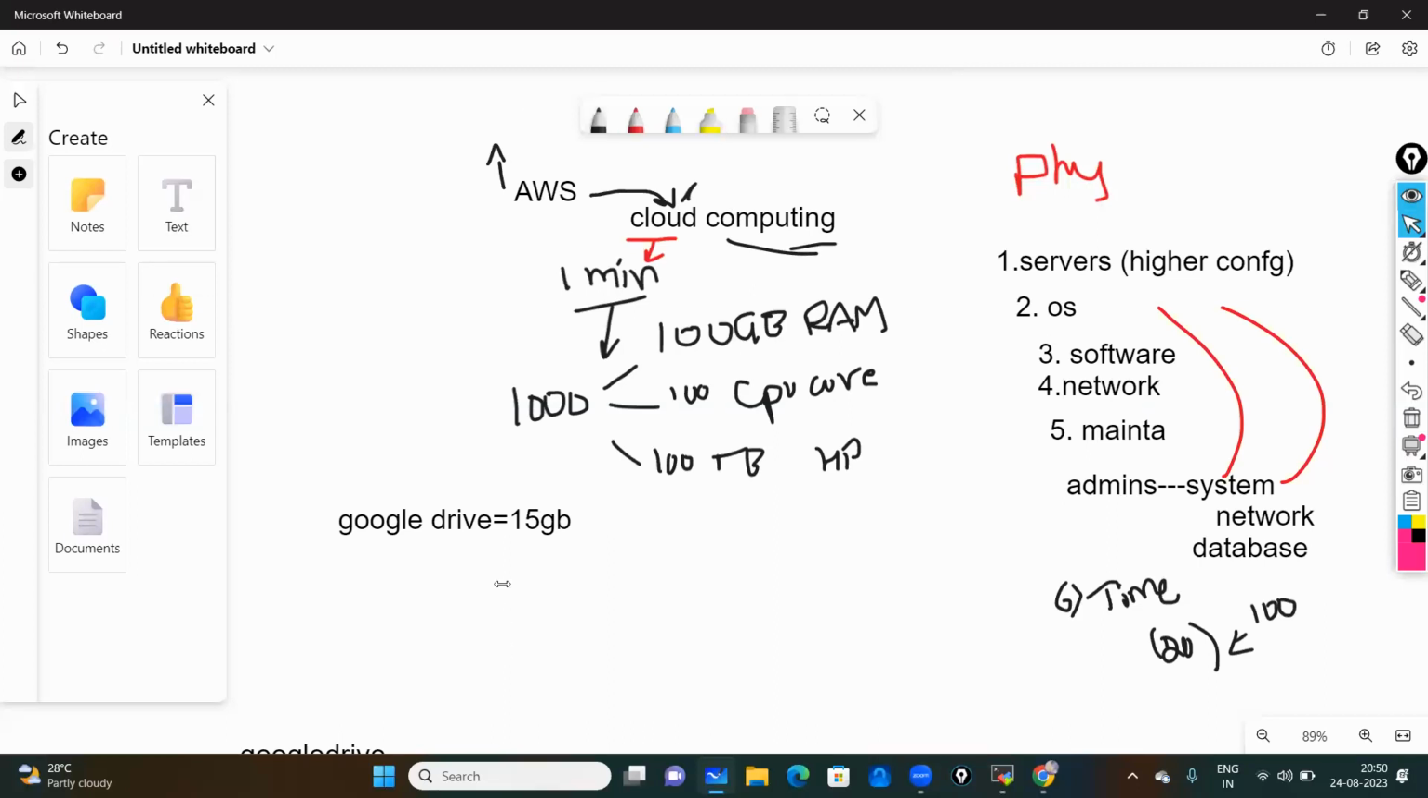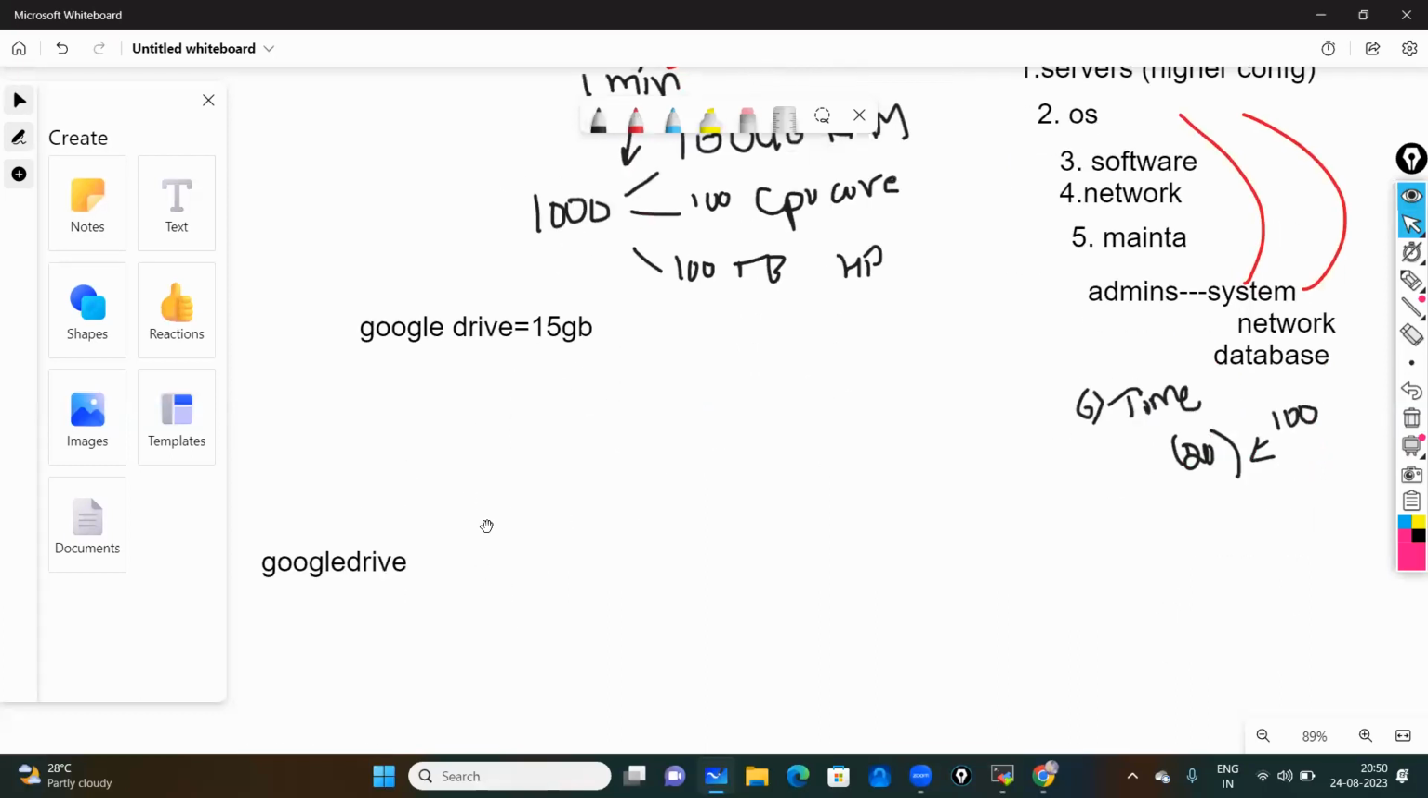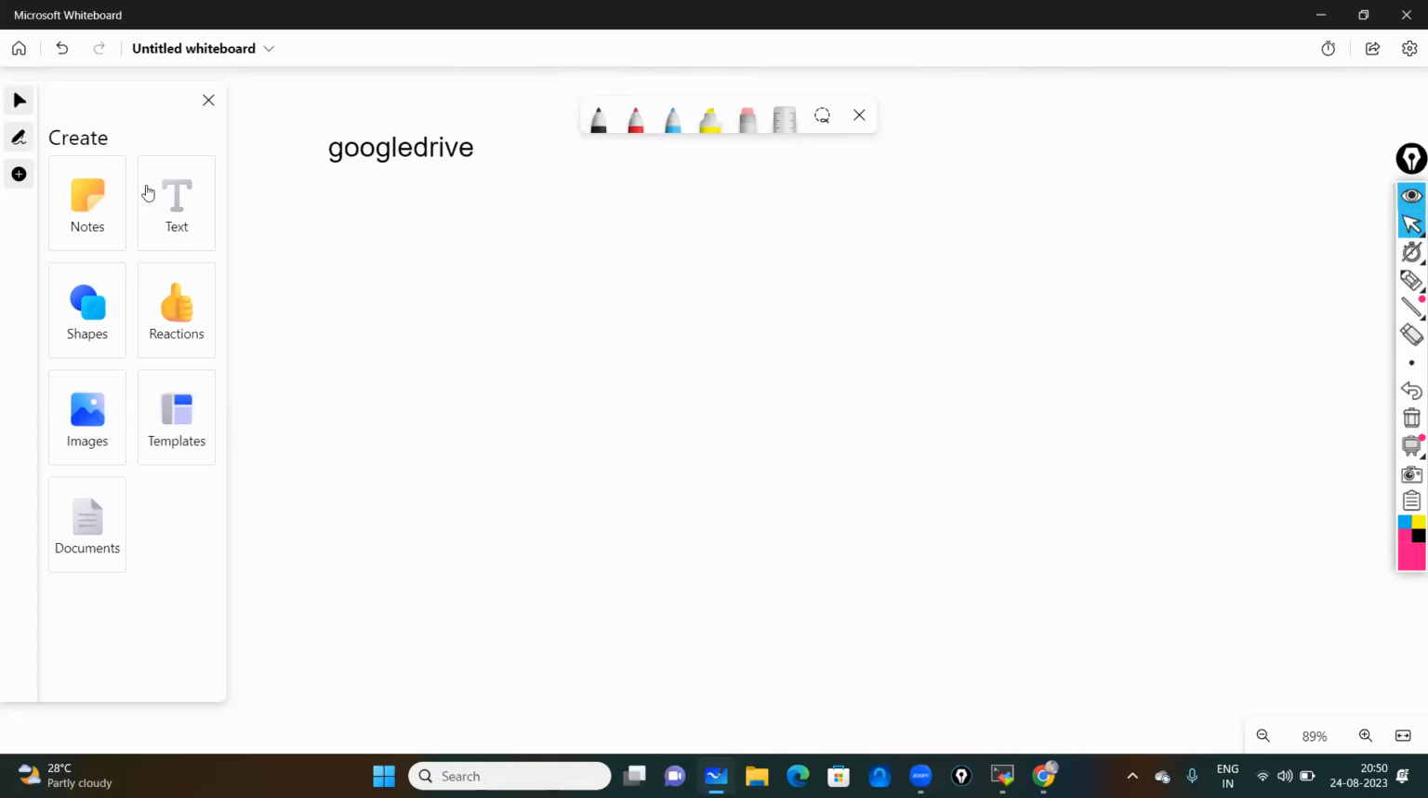So how do we access this AWS? Before accessing AWS, you just have to know some points. I told you about Google Drive, right? In Google Drive, we have a physical setup which is in somebody's location. If you want to access this Google Drive, you need one Google account, right? In the same manner,